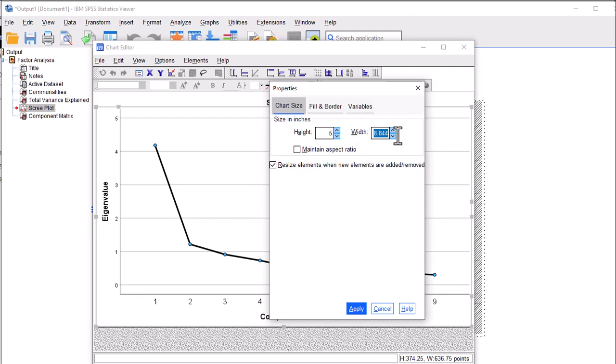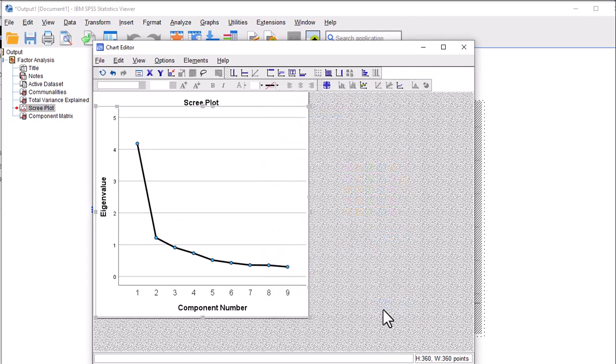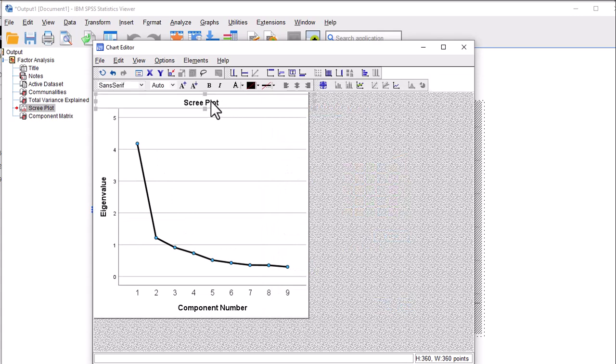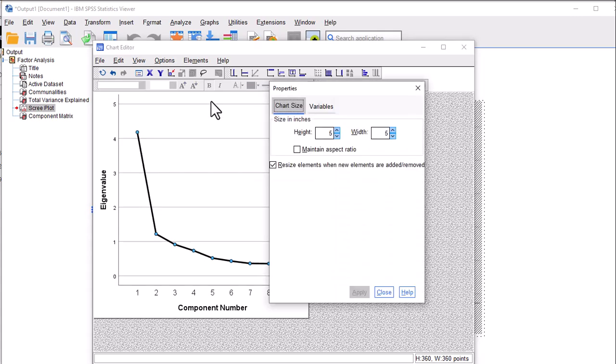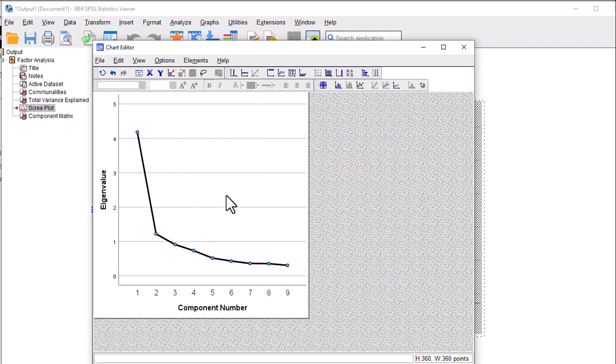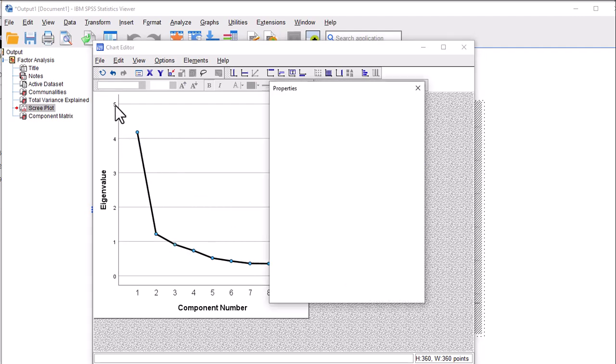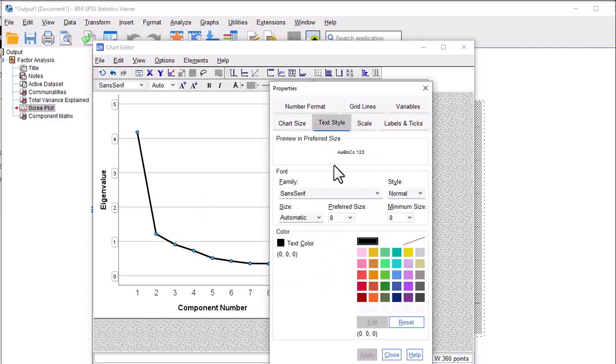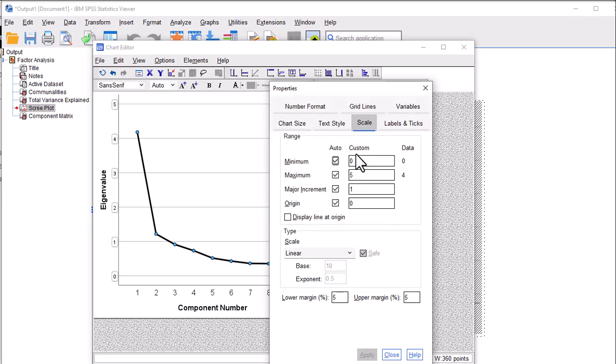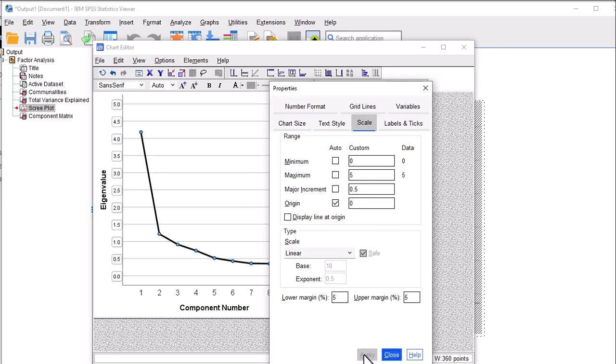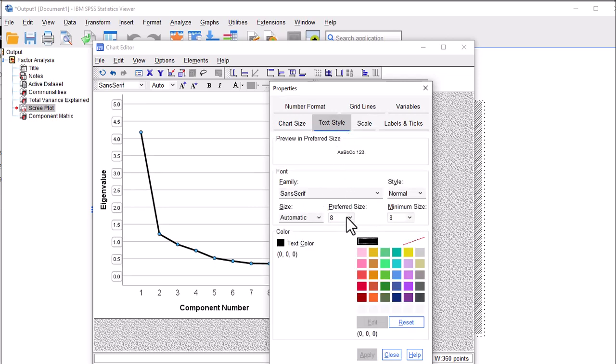Usually Scree plots look best when they're in a square format, equal length as to height, and then get rid of this probably. Just highlight it and click delete and then close, and this is starting to look like a Scree plot that you could potentially publish. Double click on the size of the scale, and then we want to have increments of 0.5. I'm just getting this a little bit closer to what I put in the textbook, and also increase the size